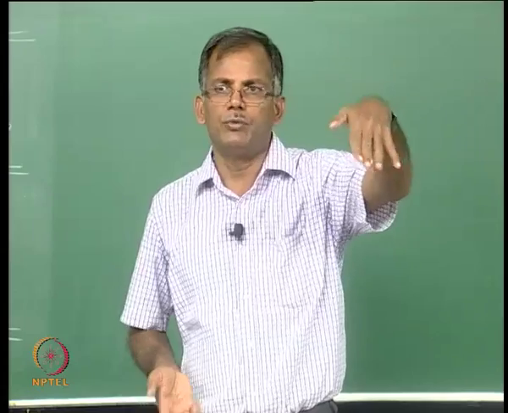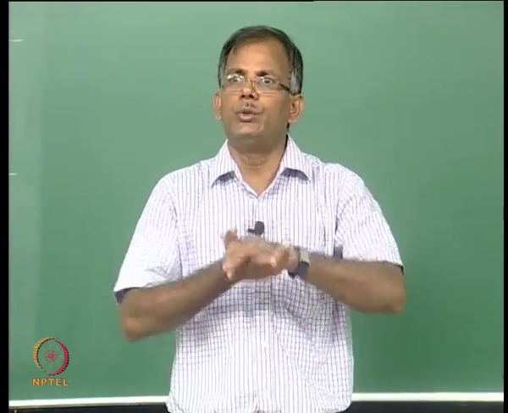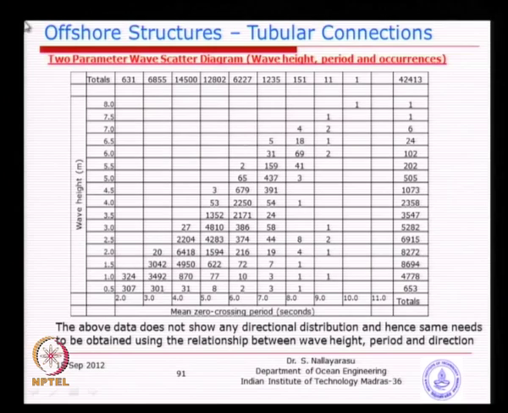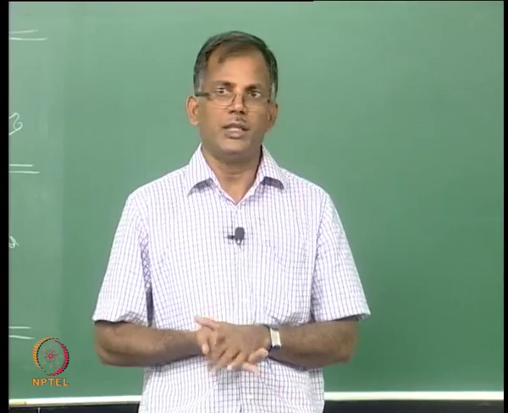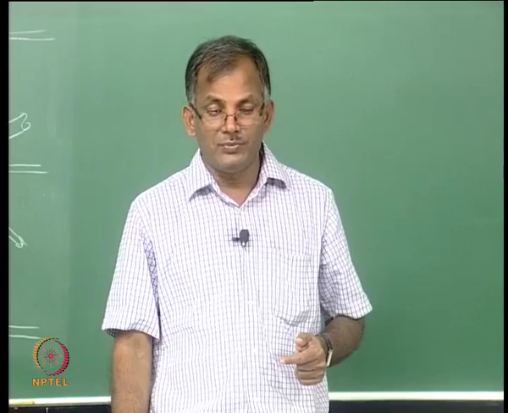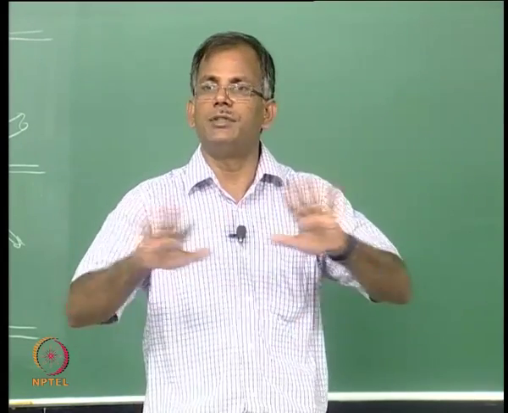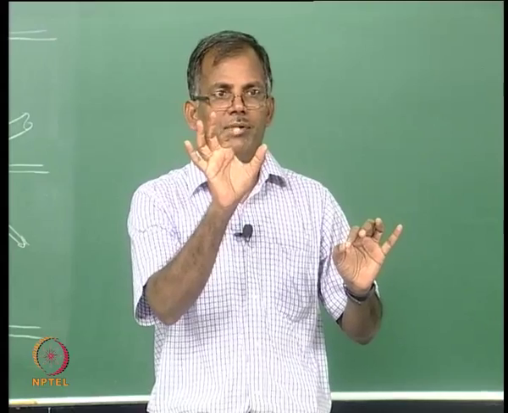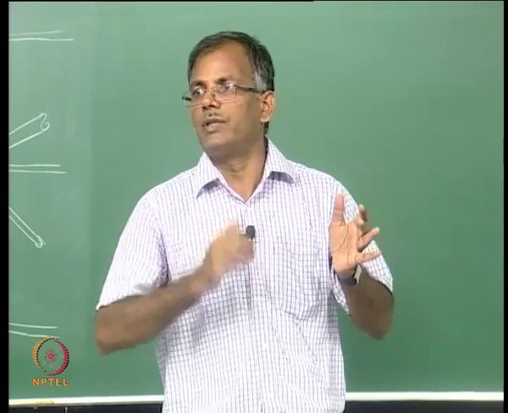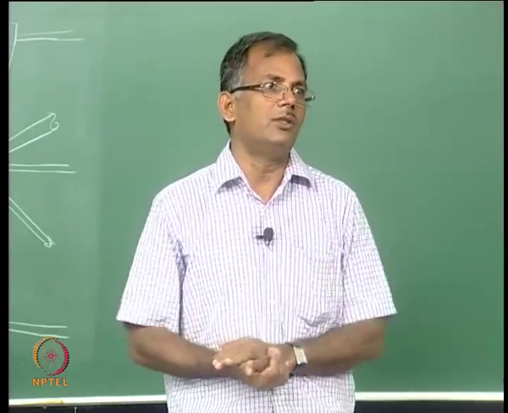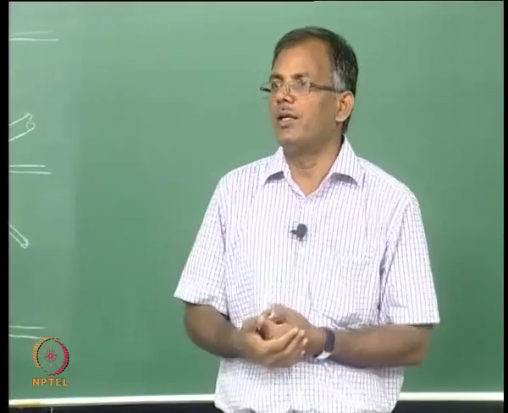Any waves approaching from 0 to 40 is assigned as 22 degrees, very similar to this. Any waves having periods between 3 and 4 seconds are assigned as that particular number of occurrences. So, what we are looking at is an approximation just to reduce the amount of work that we need to do. Strictly speaking, you actually have to do analysis for each one of the waves. If you do not want any of these approximations, you can pick up one wave, analyse it, get results, and go to the second wave. That means you will do the analysis for millions of waves, for which we do not have the resources and time.